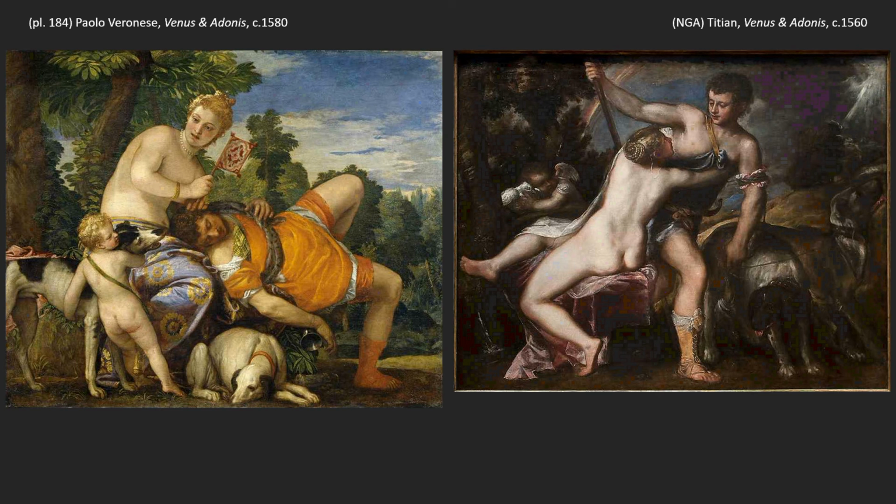I was just reading this morning that Titian may have had a very active role in this. It's not just Veronese going, what do I want to do? But Titian, it seems, enlisted Veronese. Because as it turns out, Titian hated Tintoretto, and vice versa. They did not get along. And we don't know exactly why, but we do know that they were at odds.